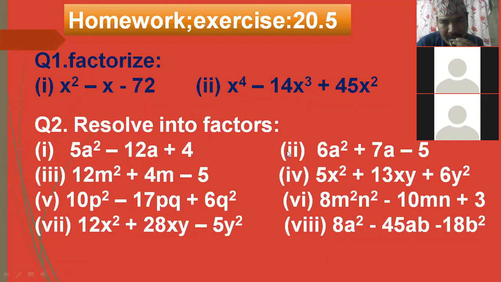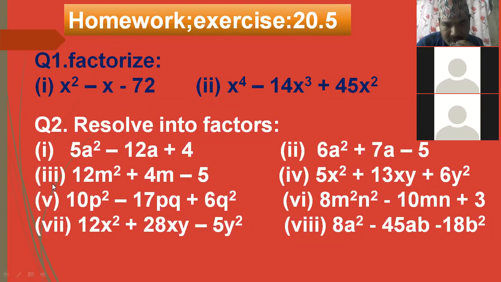What will you do, children, in question number 2, this II? 6 into minus 5 is minus 30. Minus comes, that's why we get this 7 by subtracting. What will that be? Can you tell? 10 3s are 30. 10 minus 3 is 7. In place of 7, you write 10 minus 3. Okay?